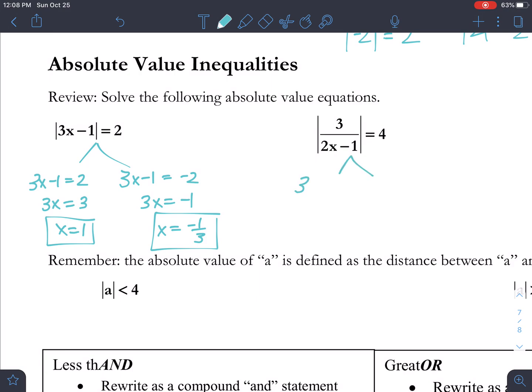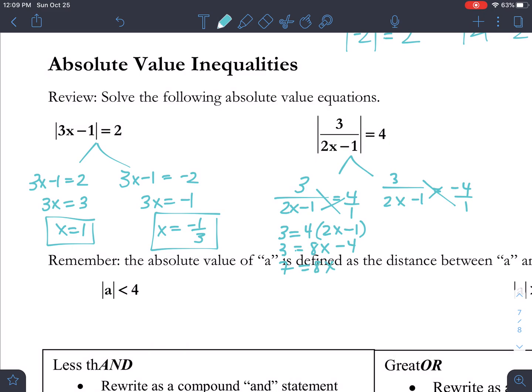So when is it equal to 4? Well, either the inside's equal to 4, or the inside is equal to -4. Okay, so if I treat this like two fractions, I can cross multiply here. And I get 3 equals 4 times 2x minus 1. So 3 is equal to 8x minus 4. Wow, I gave you guys plenty of space here, huh? 7/8, sorry about that. X is equal to 7/8, or